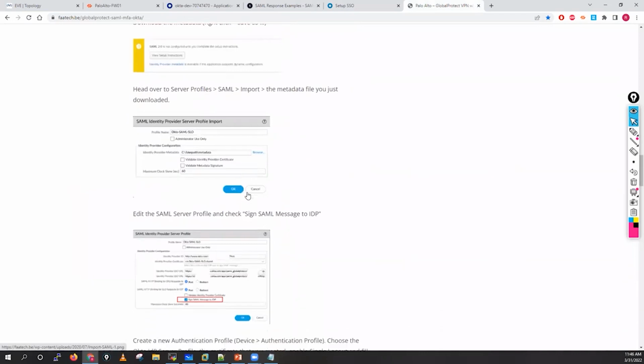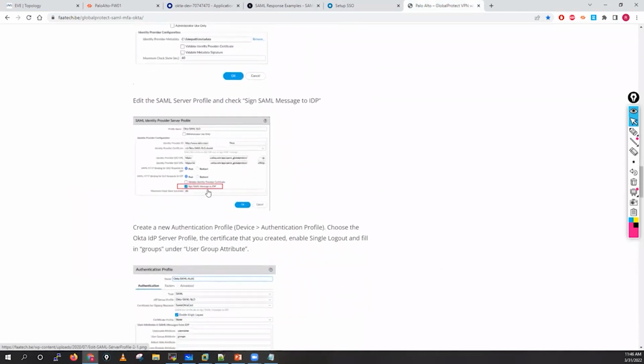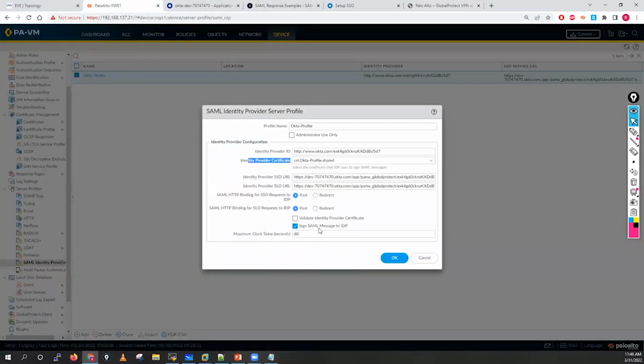So what I have done, I will use the sign SAML message to IDP. Whenever my machine, the SP, sends messages, it will sign these particular messages with the certificate. That's why I'm using this option, because I have already uploaded the certificate into my Okta